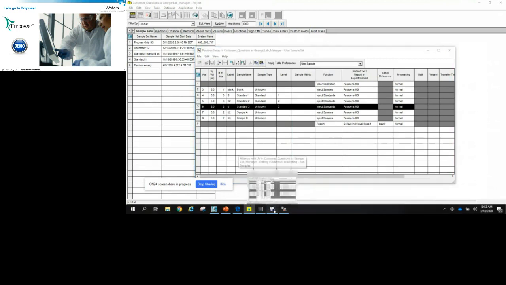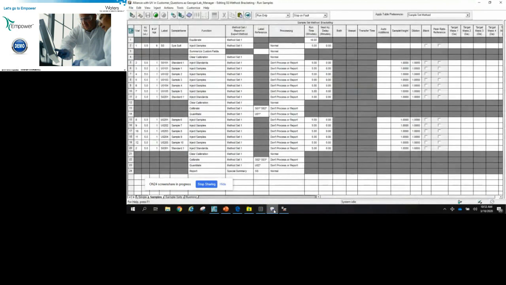There are a variety of other functions here in the sample set method. And just yesterday, somebody asked me a slightly different question. If you take a look in the list of possible functions that we have, in addition to injecting different types of samples and standards, you can see there are things depending on the type of work that you're doing. If you're doing GPC or SEC, you'll have inject narrow standard, inject broad standard, and so forth and so on.